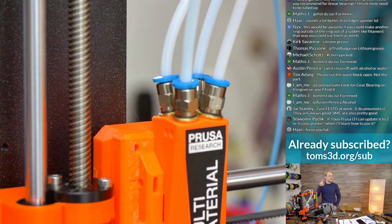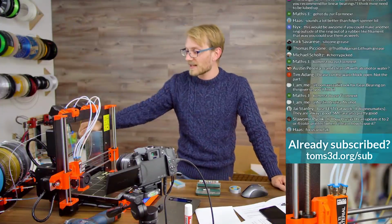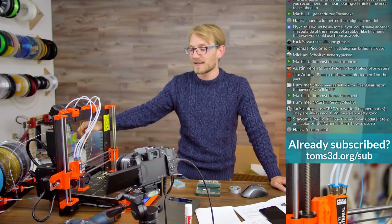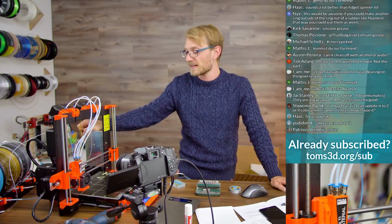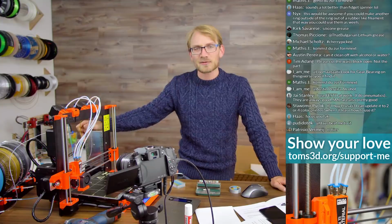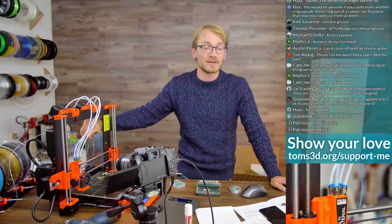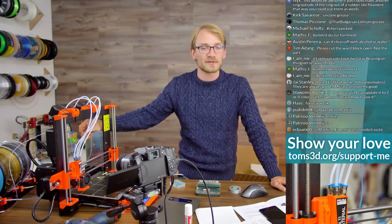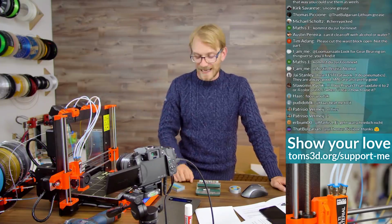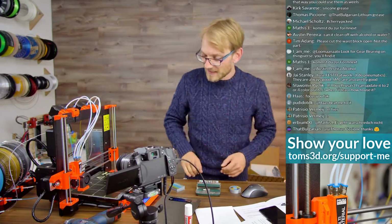Little details like that just make me think somebody really sat down and thought about these things and invested into the details. So that kind of makes me happy. It's not just something thrown together as cheaply as possible, which I'm definitely guilty of doing as well. But somebody really took the time to work out these details. So, ow, that thing has sharp edges. But anyways,